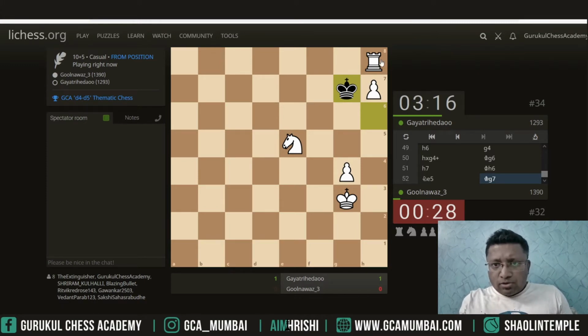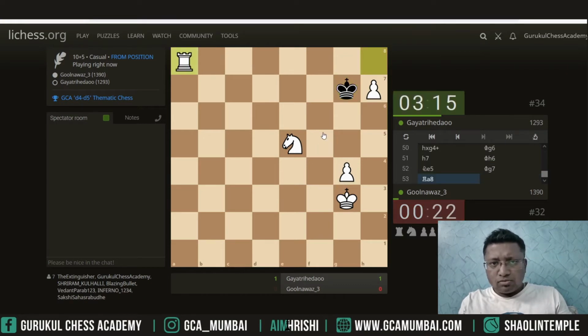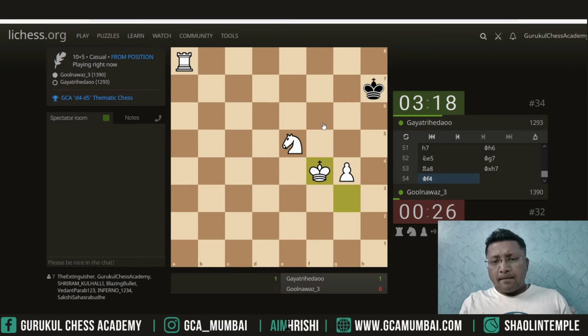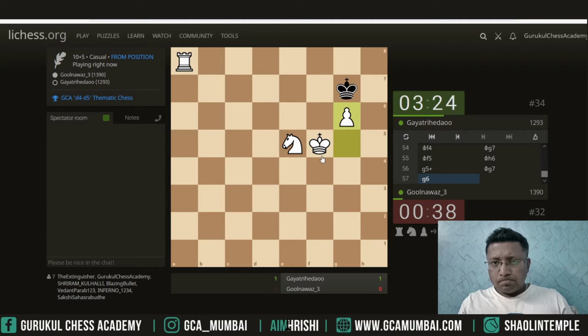White has to move the rook out. There is no other way to do that. Just move the rook out and focus on this pawn. Activate the king, push the pawn ahead, and it should be a simple thing to win the game. King up, and then there would be this checkmate coming up,